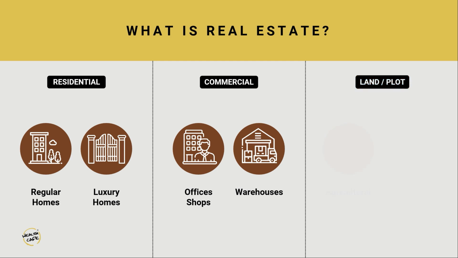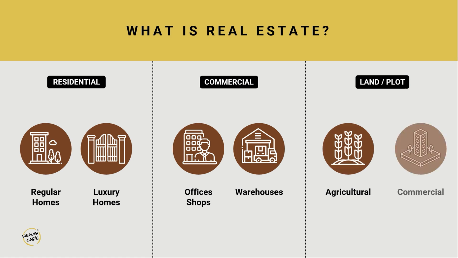When you think of buying land, the first option is buying an agricultural land which allows you to get returns in the form of the crop that you grow on the land, apart from the appreciation that you expect in the value of the land. Other alternative is buying a plot of land which can be used either for commercial or for residential purposes, wherein you would construct a building on that plot of land and eventually make profits from either sale of the building or renting out of that building.